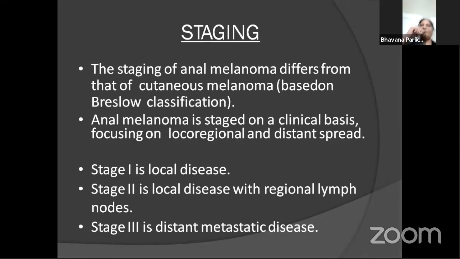So the diagnosis of malignant anal melanoma is late, because we see hemorrhoids very commonly. Thrombosed piles we see very commonly. The first thing that comes to mind is piles or thrombosed piles, so we do surgery, but we never send it for histopathology. Sometimes it is a fistula. So whenever there is an anal melanoma, if you ask for a retrograde history, the patient has been operated two to three times for hemorrhoidectomy or anal fissure or fistula surgery. So it doesn't present as an early stage.